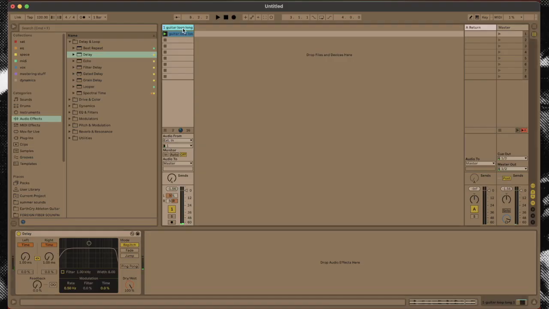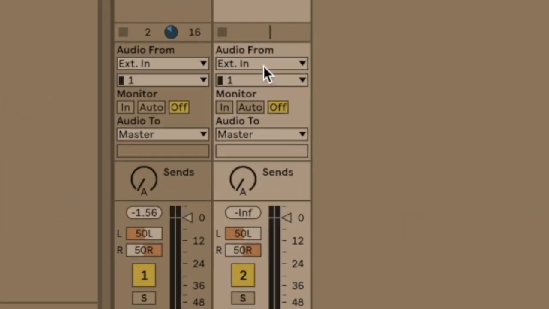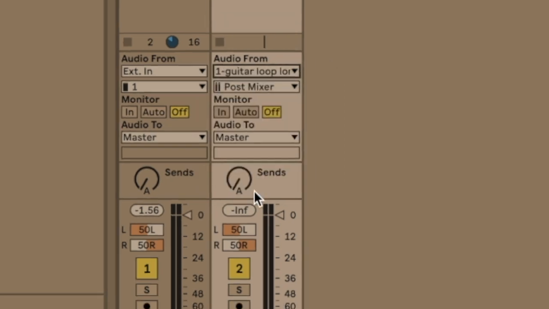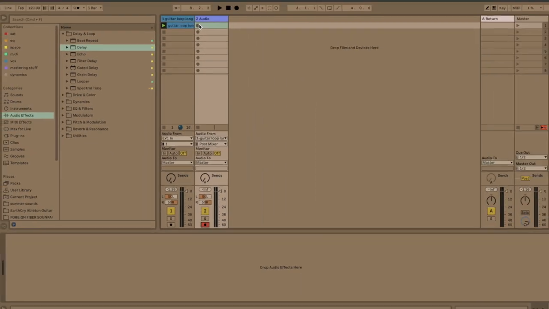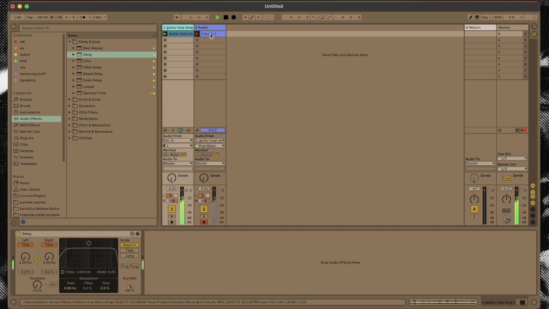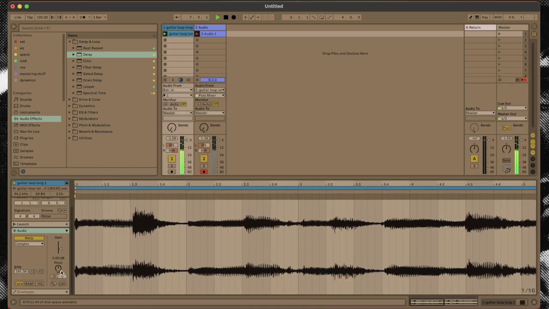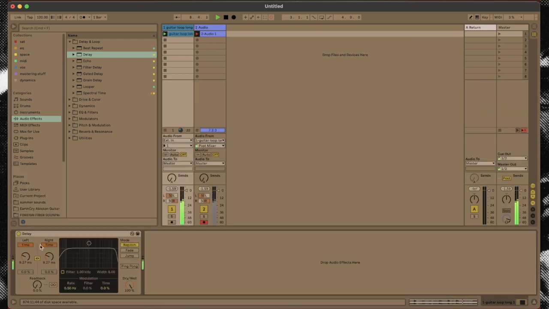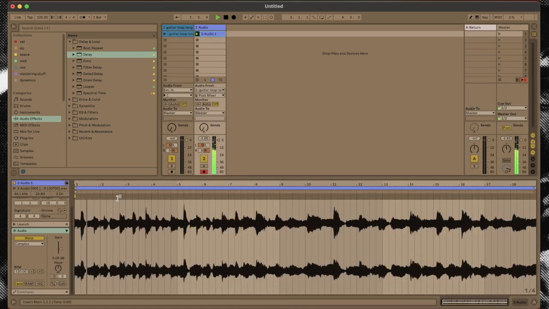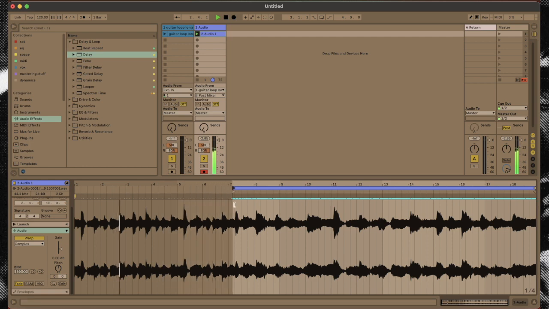So let's set up another audio track and get the audio from the new warble delay track. Arm the track to record, and just start recording that warble effect. Experiment with it and try to get some funky sounds out of it. You can also mess with the warp mode and pitch of the original sample or loop that you're using. And I'm definitely more partial to the second half of that resample, so I'm going to trim this, freeze and